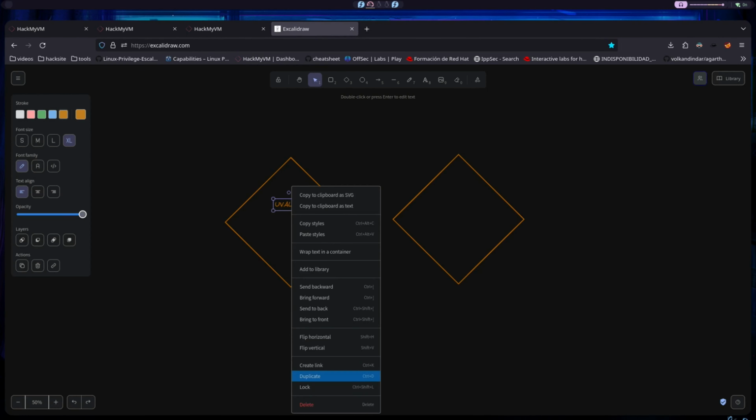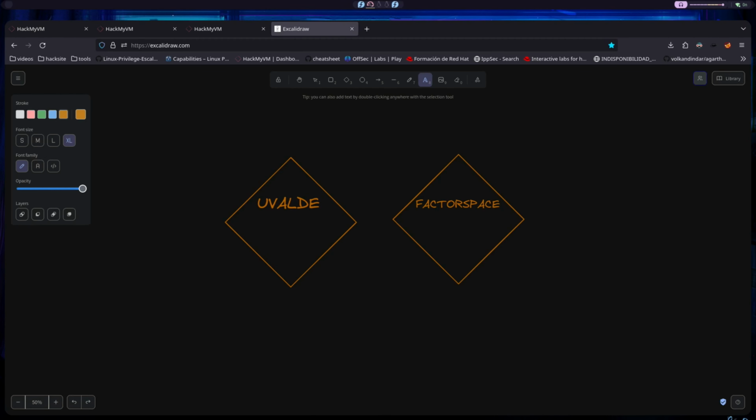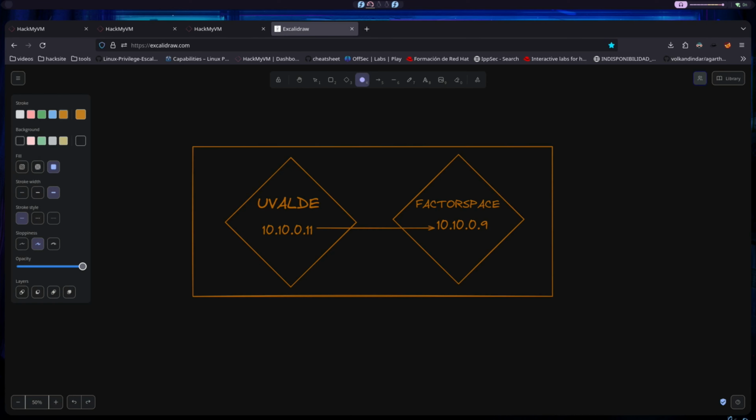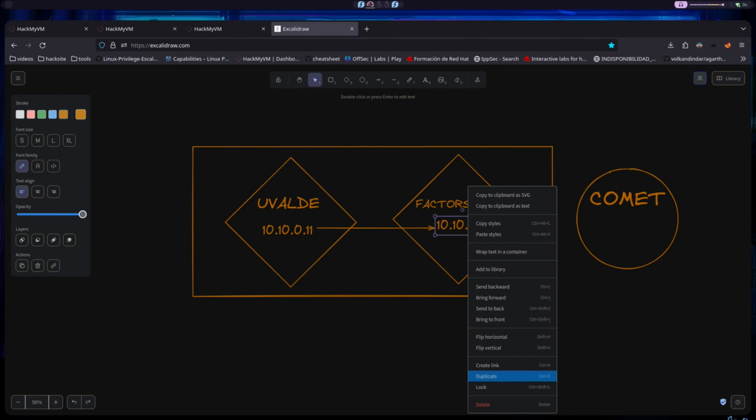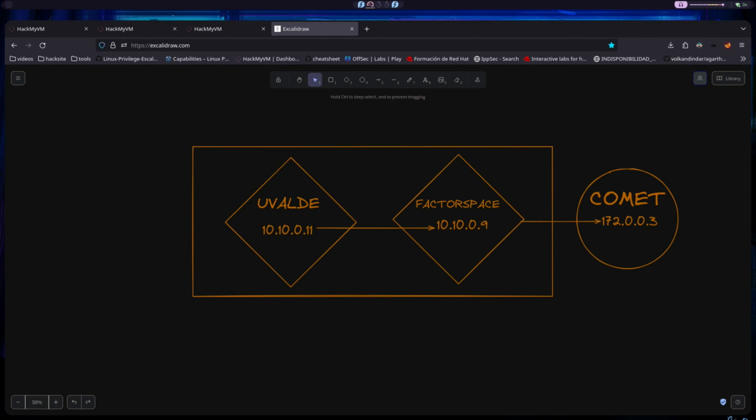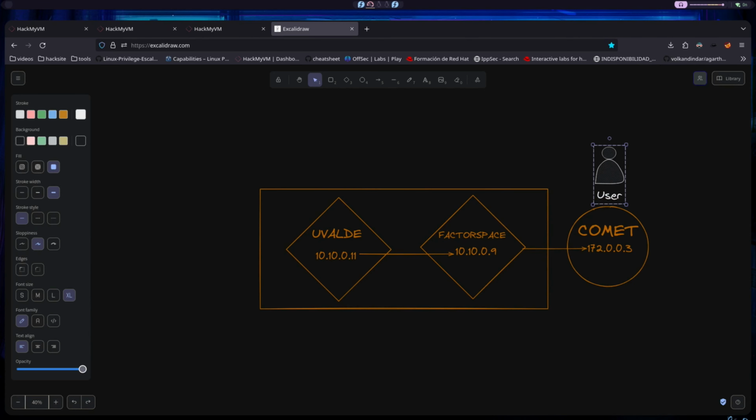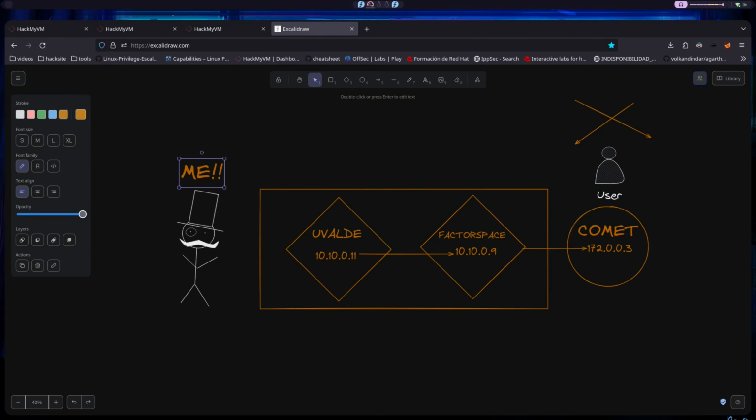Uvalde and FactorSpace machines are connected to each other, and FactorSpace is connected to the Comet machine, all through an internal network interface. I only have access to the Uvalde machine, so from my attacker machine I can't directly see or access the other 2 machines. Therefore, my mission is to gain access and escalate privileges on the Uvalde machine to later gain access and exploit